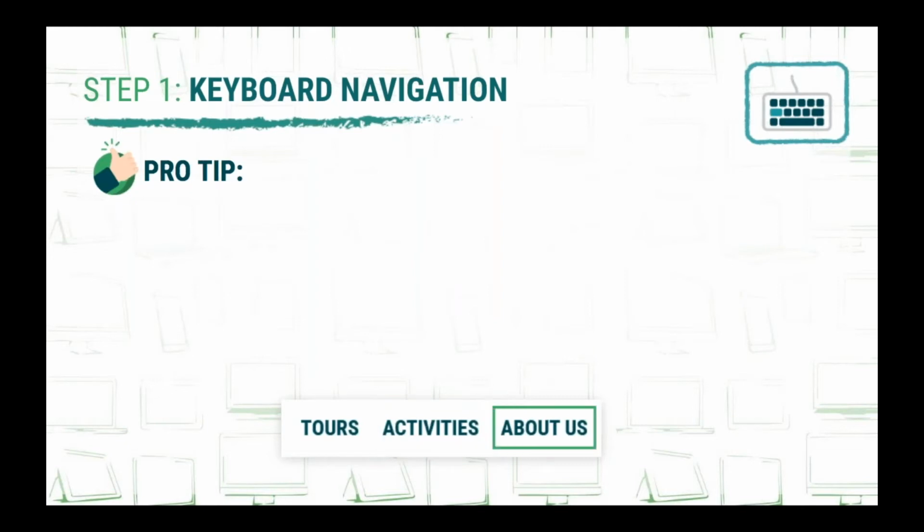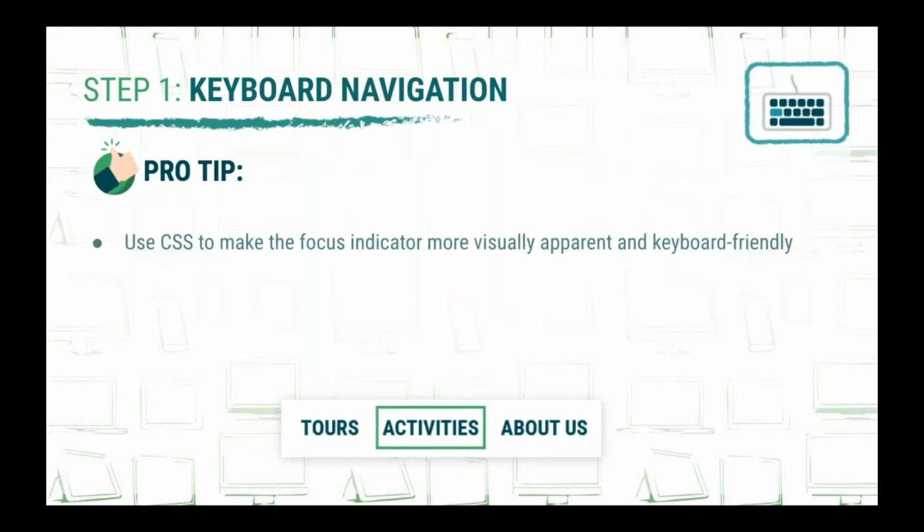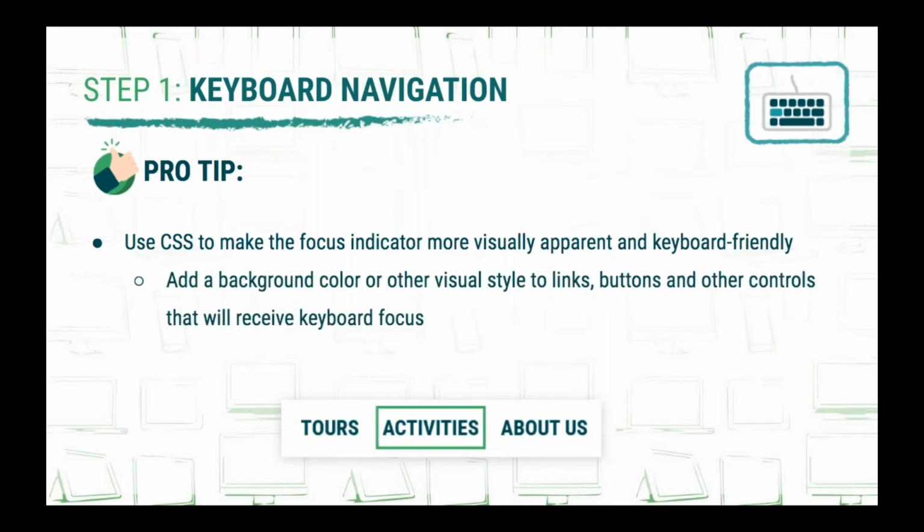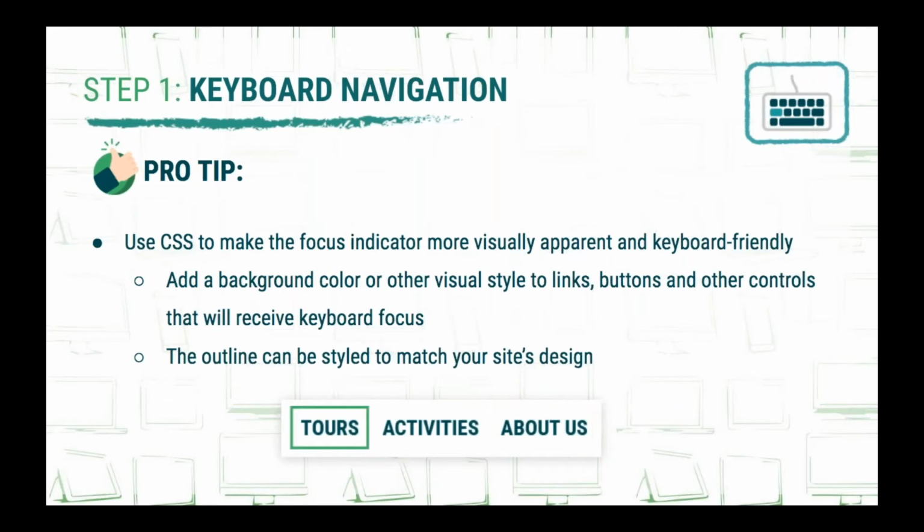So my pro tip for you on this step is to use dev tools like CSS to make the focus indicator more visually apparent and keyboard friendly by playing around with the options. Adding a background color or other visual attributes to links and other controls that will receive keyboard focus. And remember that no matter the case, the outline can be styled to match your site's designs, colors, and branding. Easy, right? That leads me to our second step,